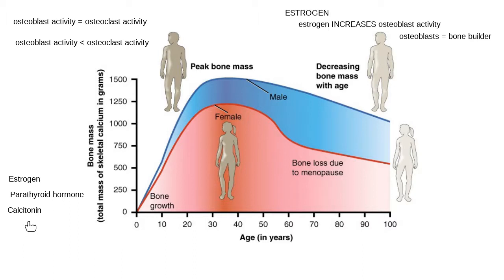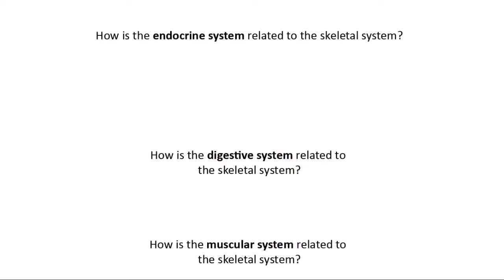On the very last page of your packet, by the way, bounce there. Very last page. Okay, I ask you to relate the skeletal system to various other systems in the body. When you're thinking about the effects of the endocrine system on the skeletal system, that's what we've just talked about, right? So remind me again, what does the endocrine system do? What's the function of the endocrine system? Big picture. Yep, endocrine system is all about hormones, hormone system.